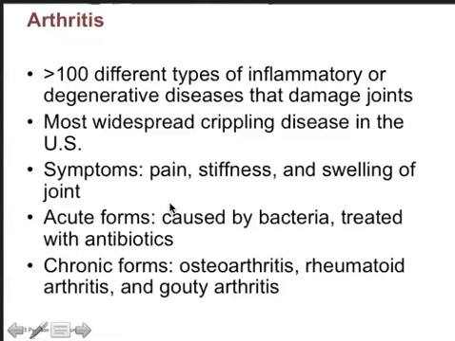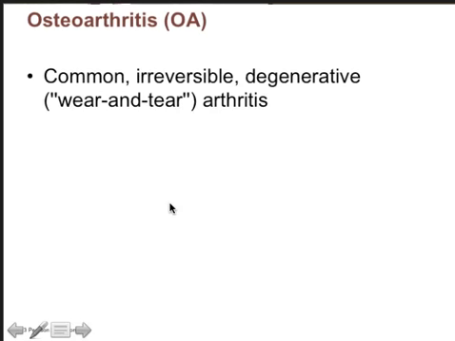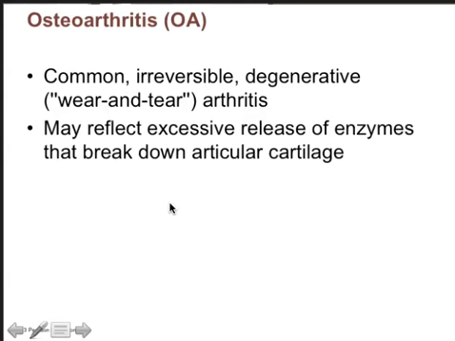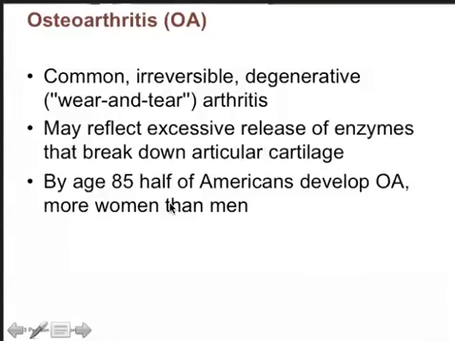Recommendations for people that suffer from gout are to avoid alcohol and to avoid foods that are rich in purines, such as organ meats and red meat. Osteoarthritis is the type of arthritis we get from wear and tear. This is essentially a reflection of excessive use of that particular joint. This causes enzymes to be released that break down the articular cartilage in addition to the physical force that breaks